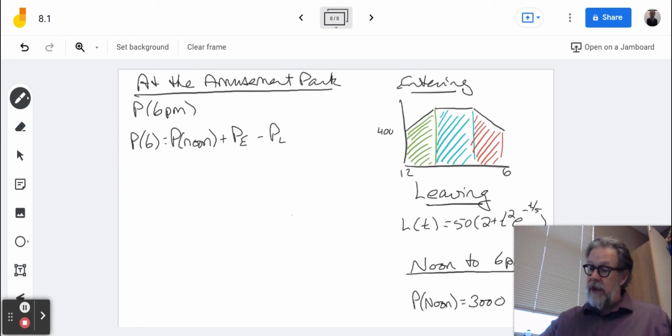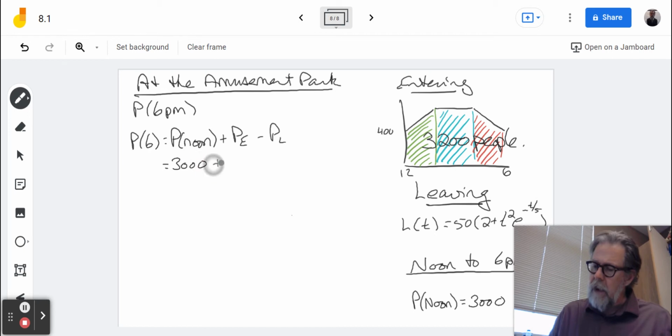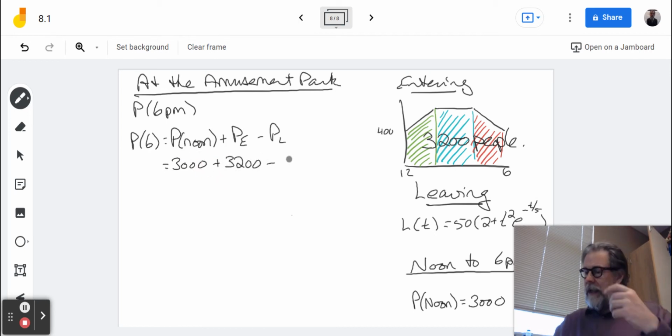Well, we know that the integral of the entering function is just the area under this curve that we have over here to the right, the green plus the blue plus the red. And without going into details, what we've got is that a total of 3,200 people entered. We have two trapezoids and a rectangle. So we now have 3,000 plus 3,200 minus, well, leaving is a little more complicated because for any given small